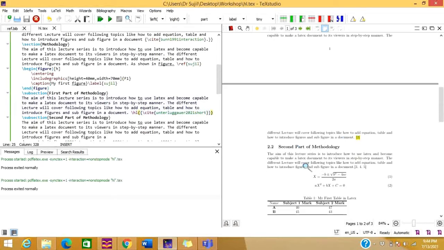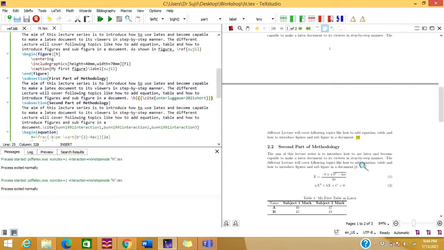Now let us move to our third case. If you want to highlight these 3 references, let us do the same process and see whether it will work for this case or not. Let us go to the source by right clicking here.